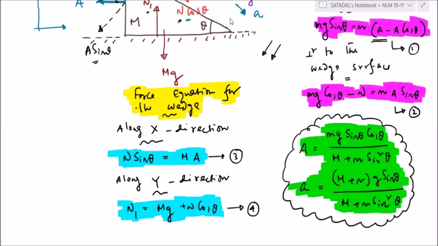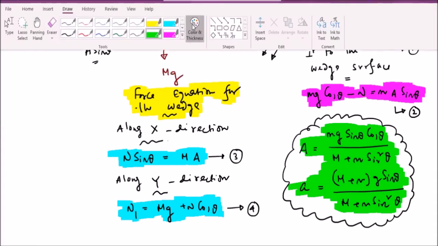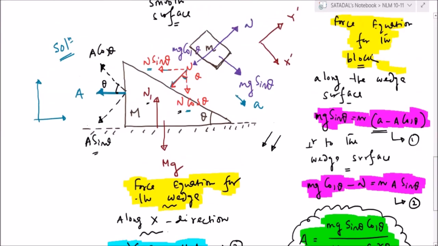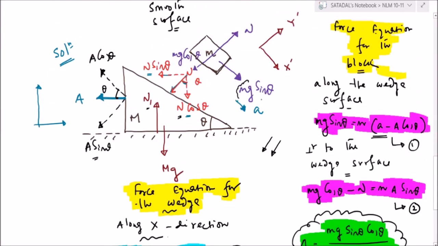Shruti Kanna. Sir, how did you get equation 1? Equation 1, how I got it in the morning. What is the force acting on the block in the downward direction? Mg sin theta. That is equal to mass into acceleration, right? Now you are observing the motion from where? From the ground. So relative to the wedge, acceleration is A. Wedge is moving back with A cos theta. So what is the acceleration with respect to ground? A minus A cos theta. Now you got it? Yes, sir. Okay, fine.